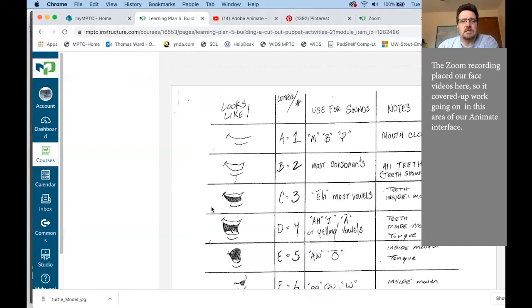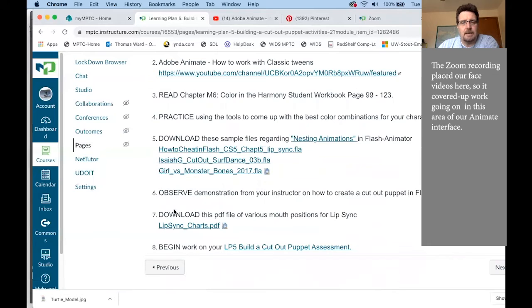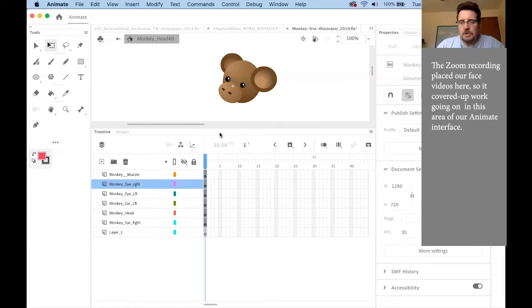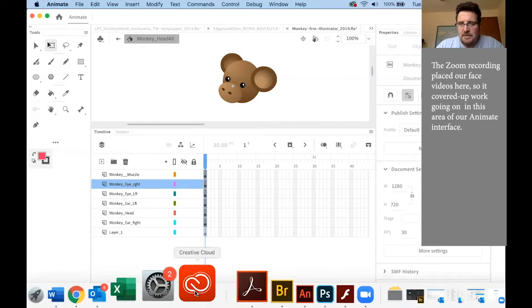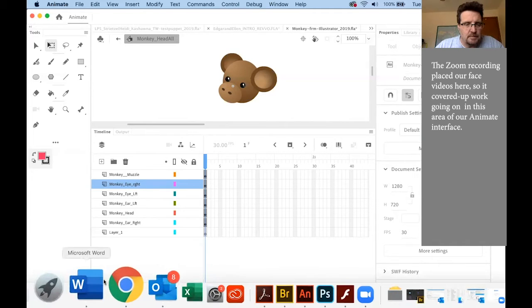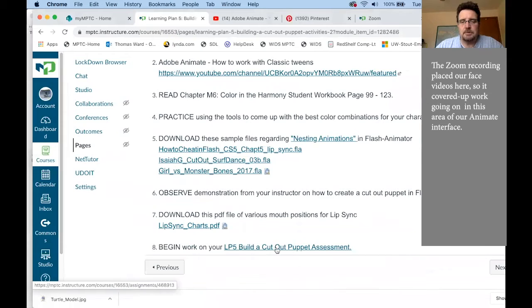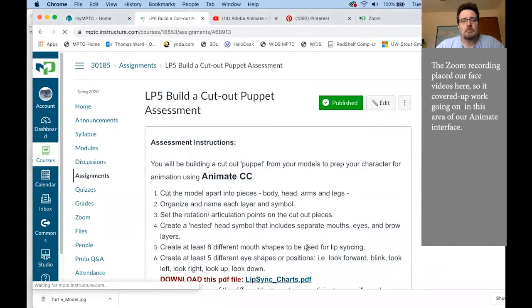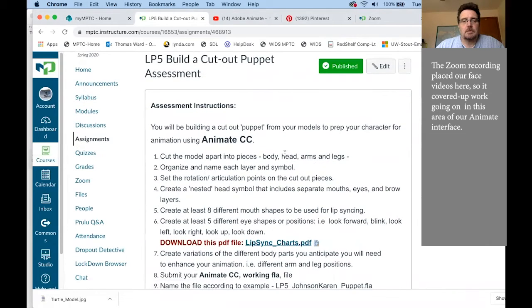All right, so that was, let me refresh here. That was here. Let's just look at what needs to be done, and then I'll open up for questions. I think I will just look at what's going to be due. So coming down here, build a cutout puppet assessment. So you're going to cut out the